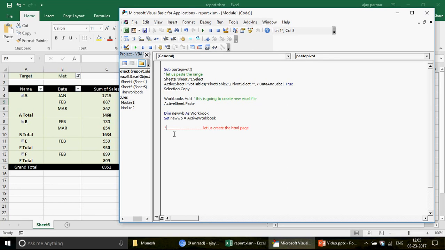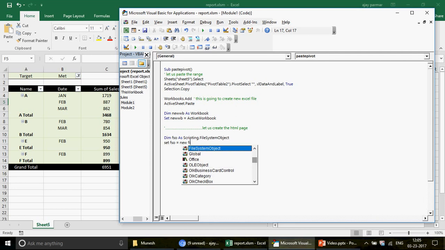Just a second, I just want to put an apostrophe in the first letter. So now we will write FSO as file system scripting, file system object. Okay, and then you write FSO equals new file system object. Now for those who are wondering what I'm writing, FSO, file system object, is a class which we use